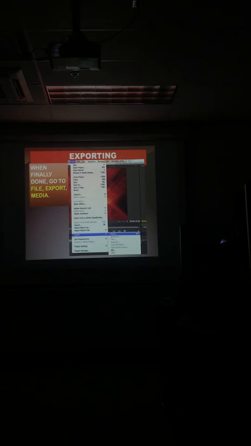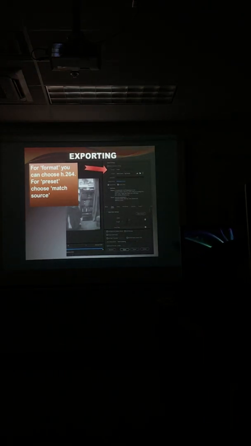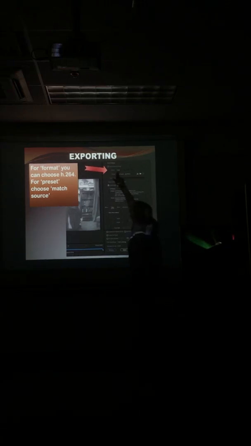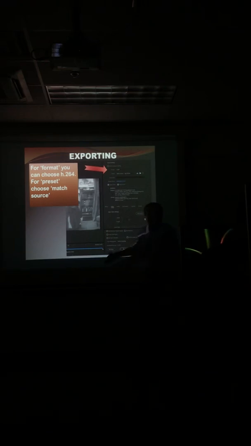So now you're done with your video, and you want to export it. So what you do is you go up to File, go to Export Media. And then this window pops up, and now you go to Format, and you click. This is kind of hard to see, but anyway, if you have the paper, you can. You've got a drop-down thing right there, and you got about 100 choices. You got a lot more choices than you did 5 years ago. And you click on